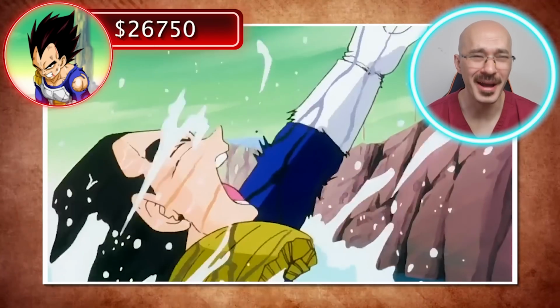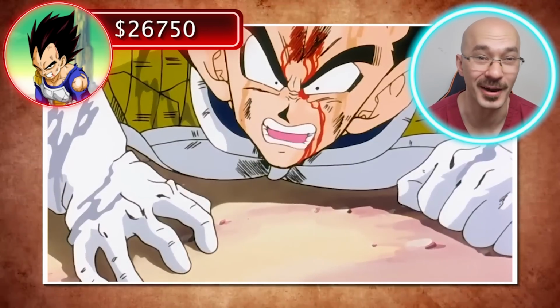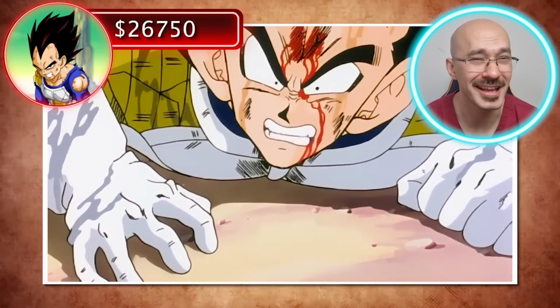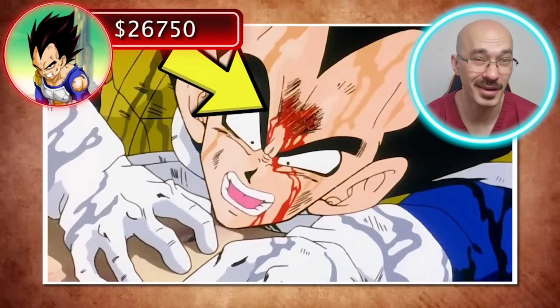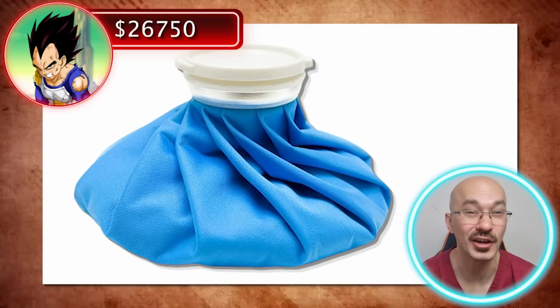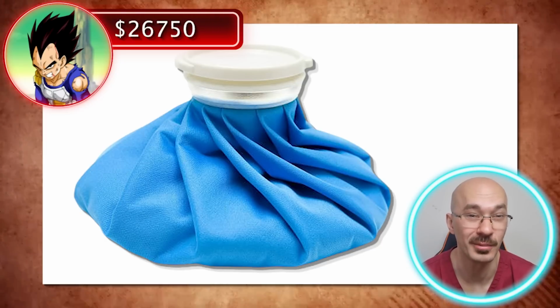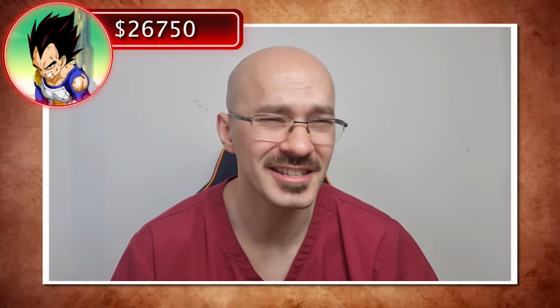So Vegeta's somehow survived this battle with Zarbon, but it looks like he's clinging on to life by a thread. And from what we can see, it does look like he's damaged his supratrochlear vein, as we can see some blood coming out of his head just there. Really, to manage this, he's probably going to need a cold compress to be pressed firmly on that area to help control the swelling,